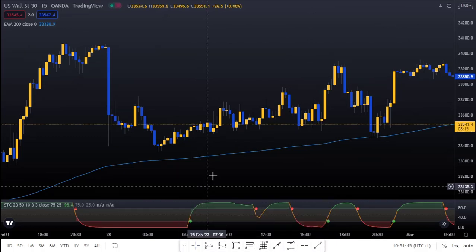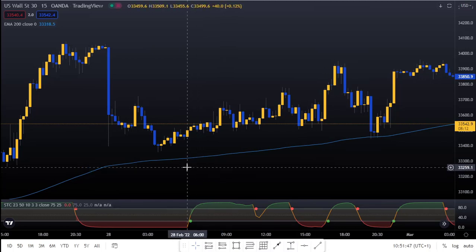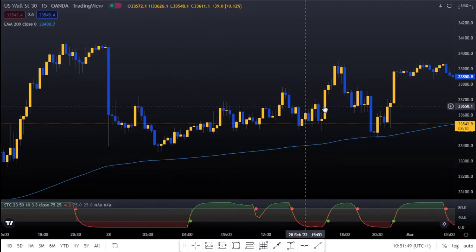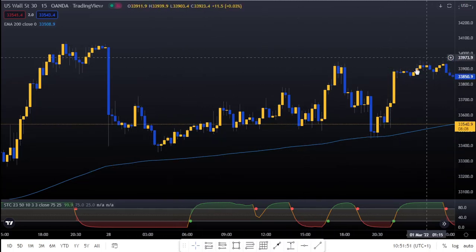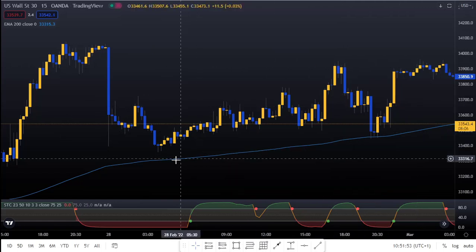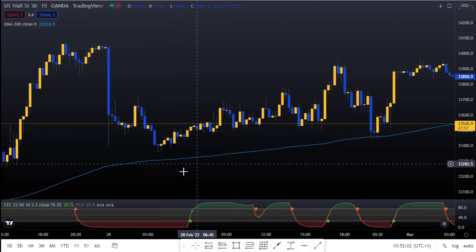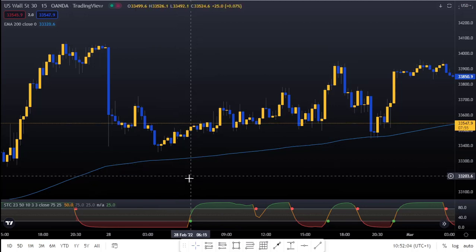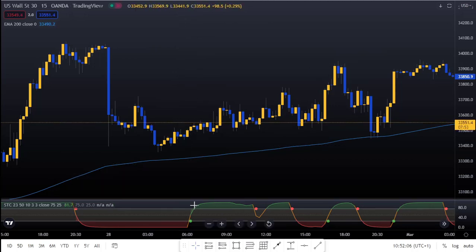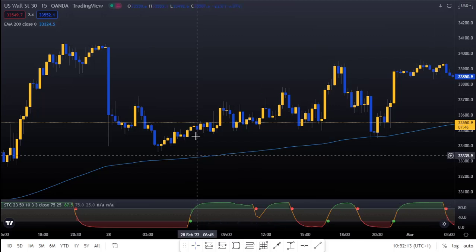What you need to do for this strategy is to make sure you are only buying when the price is above the 200 moving average, as you can see. What we are looking for is this dot you see here. This dot is very important. Once you see a blue dot, you know you're getting ready to buy once price is above the 200 moving average. Then we just wait for the cross, which we had here. You can wait for the first cross or this blue candle you see here